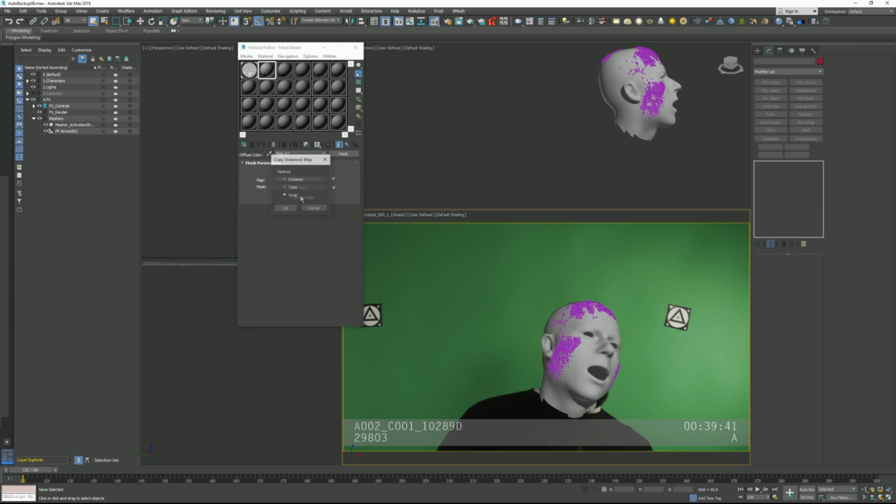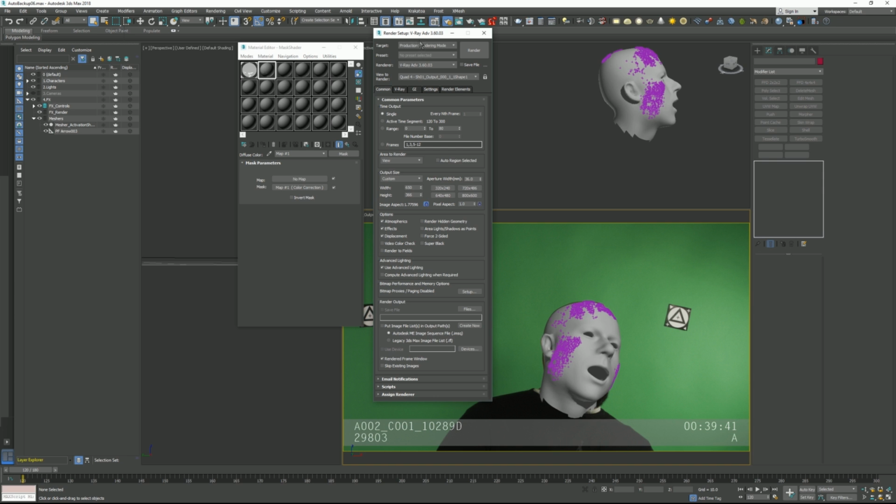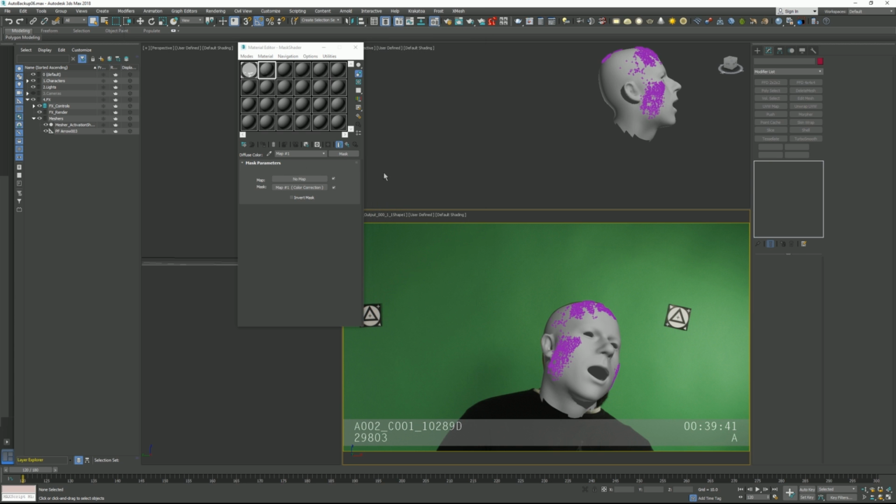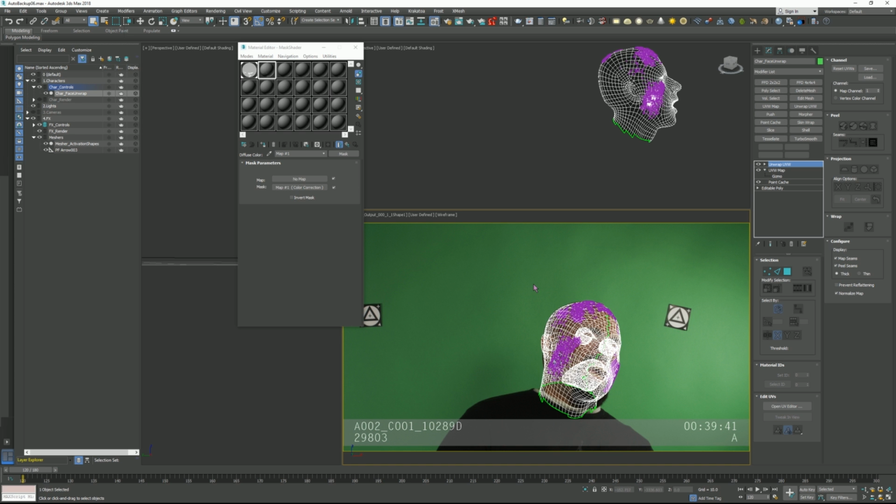So just drag it onto the bottom slot, swap them around. Now what I want to do next is, we haven't set this up to be working with V-Ray. Technically we don't need V-Ray, but I'm just going to my render menu and switching this out to V-Ray. That way I can take advantage of V-Ray as the renderer. So at this point, we have this mask set up, which is the texture and all that. Another thing I'm going to do is right click and clone, copy, and we'll call this face head mask,